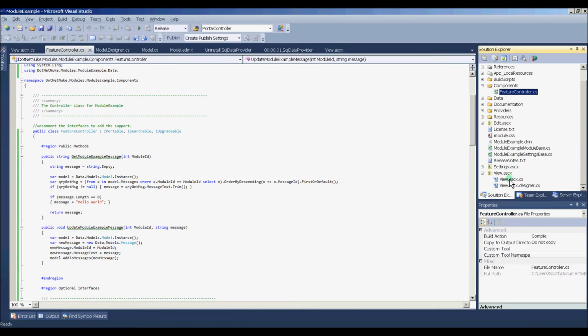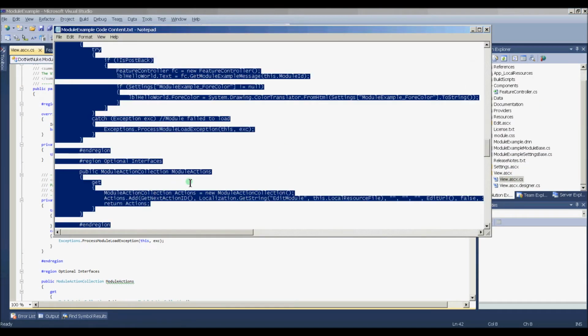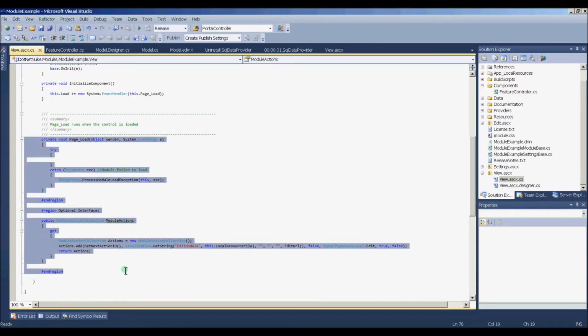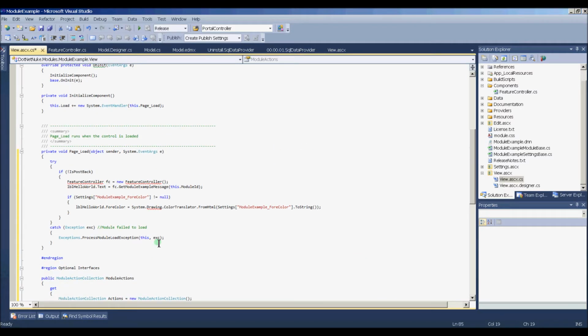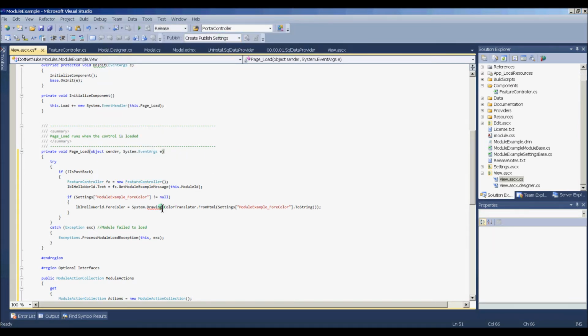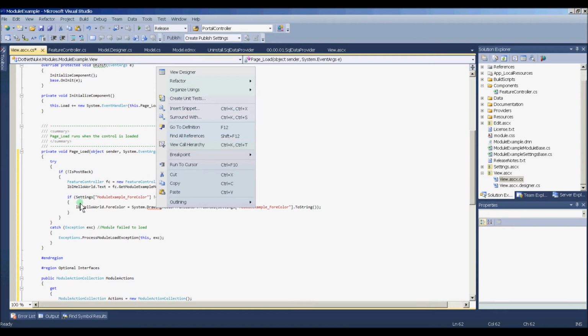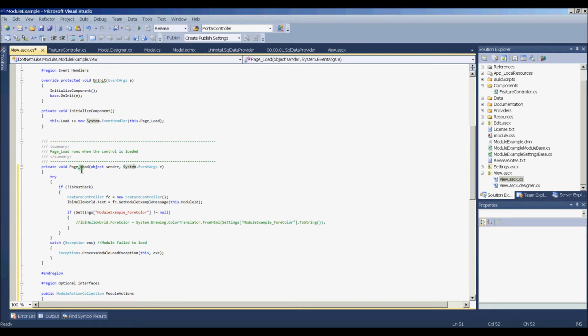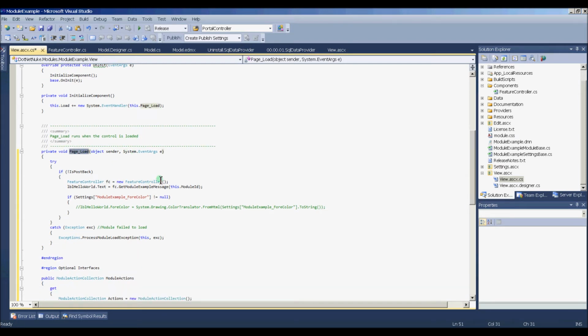So I'm going to go back to our view code behind, and I'm going to paste in some pre-built code here. And I'll resolve any namespace issues here. Okay, so let me explain what we have going on. We have our page load event, and what we want to do is get the message now out of the database so that it's not hard-coded. The way we did that is I instantiated the feature controller that we just defined, and we're calling the GetModuleExampleMessage